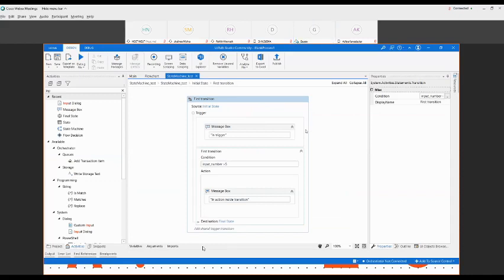So now we can mention an increment here if you want to increase the number. Let me show you.